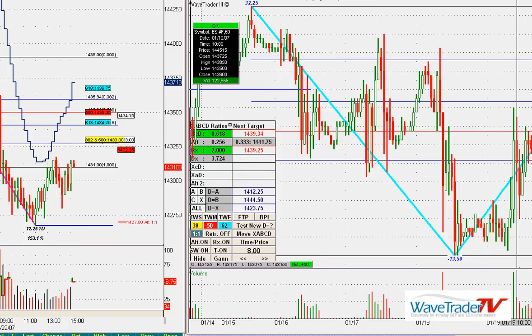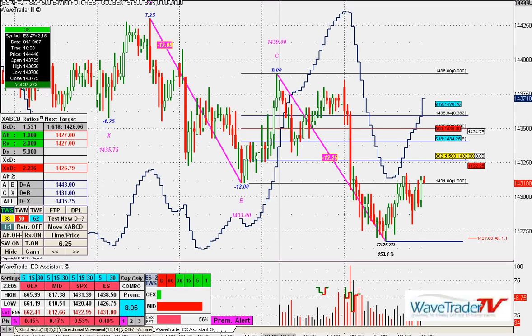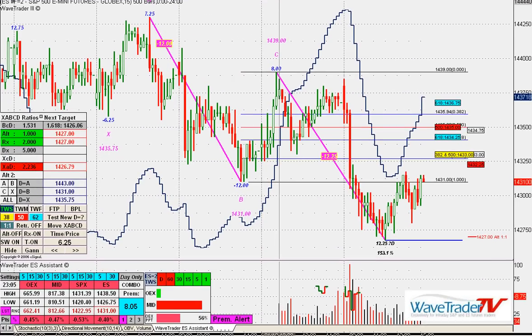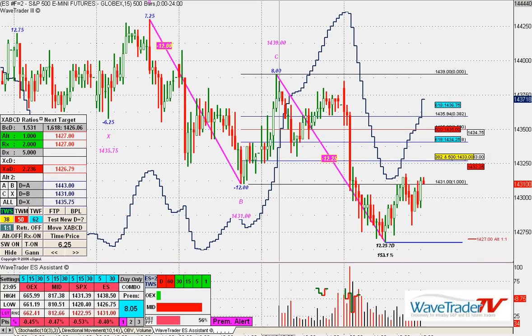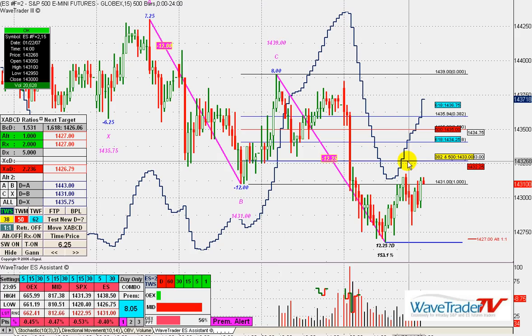Now the next thing that I'm going to show you is the regular trading hour chart. And what you'll see is that this low right here is at 1426.75. So it was a 13-point range today, and you'll also see that upon the low today, the software is again alerting